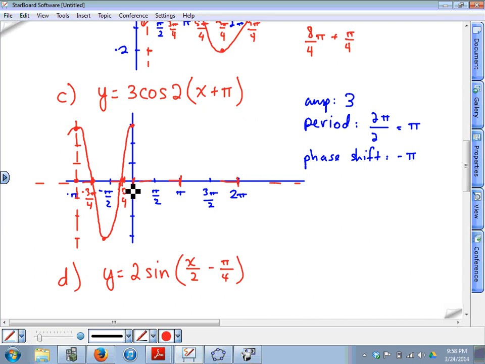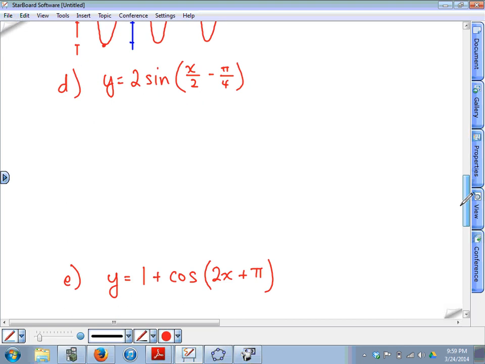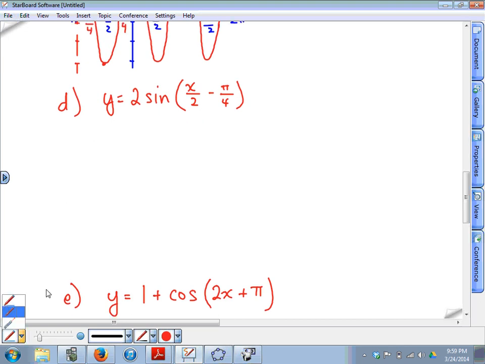What I was mentioning a few minutes ago, it may not have been absolutely necessary to shift the origin in this particular case because the phase shift was exactly equal to the period. So we could have just graphed the cycle starting from here and it would have been exactly the same. It would go down, then back up, and then the next cycle would go down and back up. I do want you to get used to, anytime there's a static transformation, shifting the origin. So for part D here,